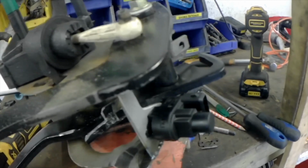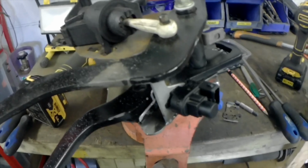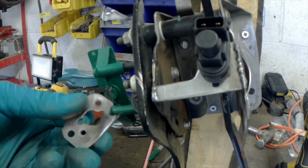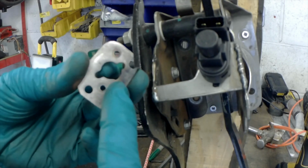Now it's just this clutch pedal. I don't know what I'm going to do about this. So again, let's have a think. What I decided to do is cut the bit of metal off the Ford that fits the clutch switch in half. So I've just got the clutch switch hole there,